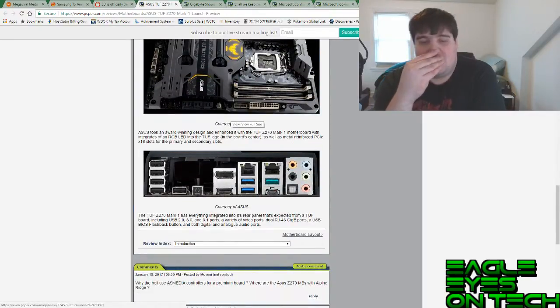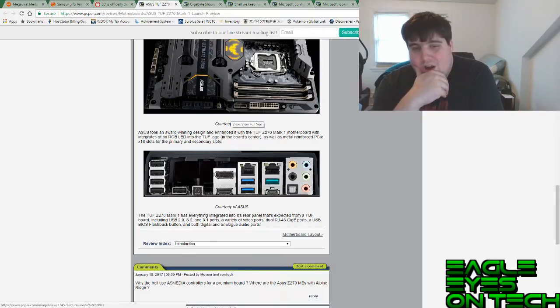The other thing that really annoys me about this particular motherboard is the I/O choices on the back. The ports on the back, we have your standard analog audio, completely ready for surround sound, if you, for whatever reason, are doing that. Optical audio, a USB 3.1 port, two USB 3.0 ports, 2 gigabit Ethernet ports, a USB Type-C connector that I am having a very hard time from the article determining if that is Thunderbolt 3 or not,